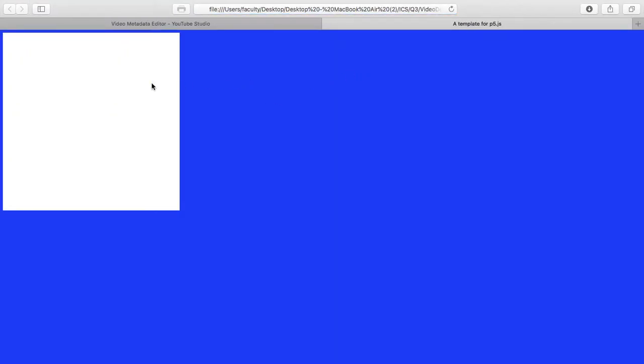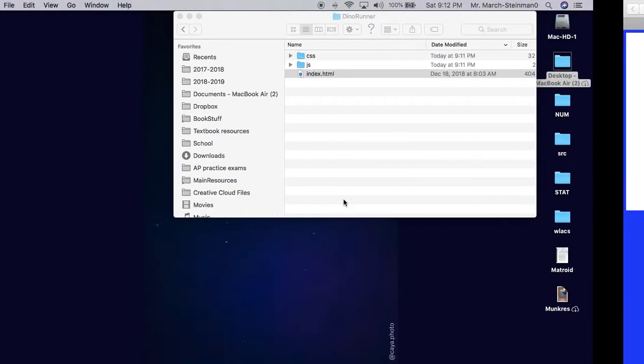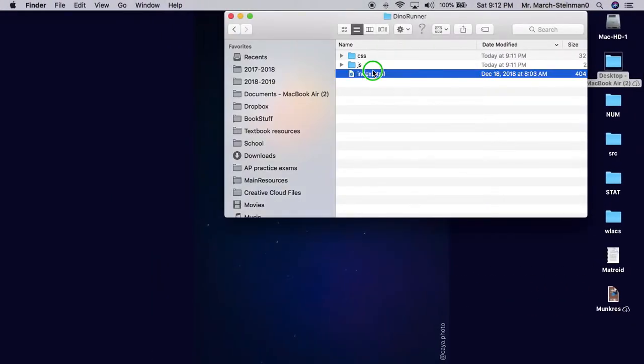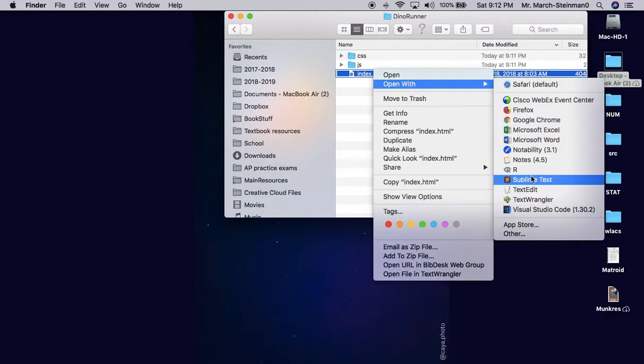When I open up index.html, I get this page, which is blank, but we can edit the CSS, we can edit the canvas. This canvas comes from JavaScript, this styling comes from CSS. Let's open this in Sublime Text,